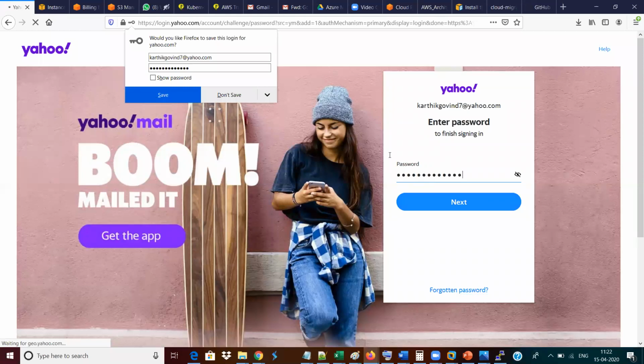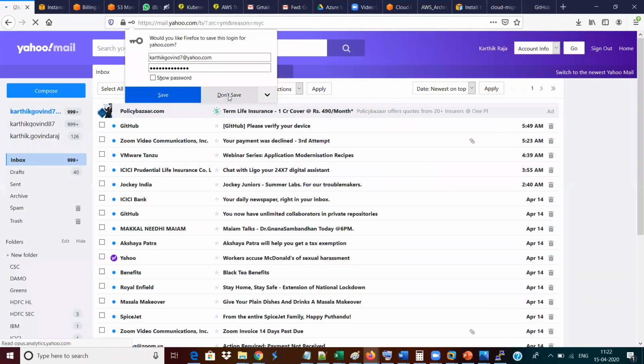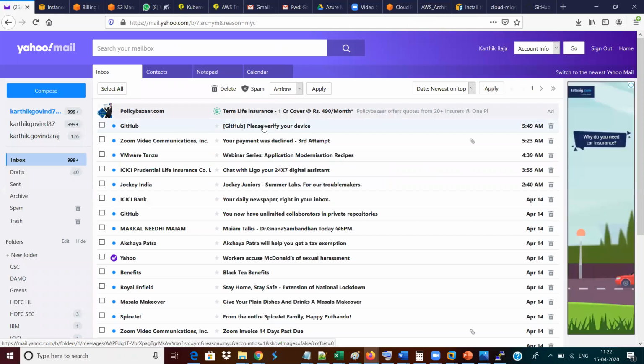I'm not even sure what password I have given. Okay, that's working. Good. So if you go here, your GitHub will be available.